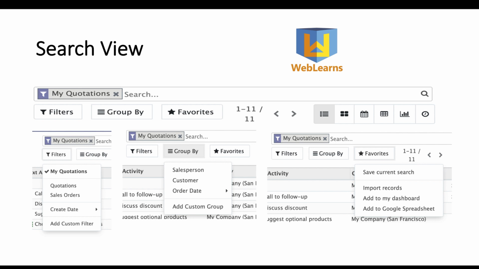You can directly import the CSV file here. We will see how to do it. And if you want to save your current filter, you can save it and it will be displayed inside this favorite option.